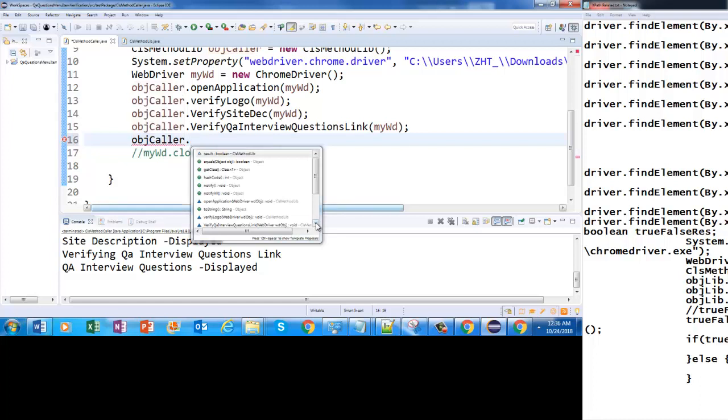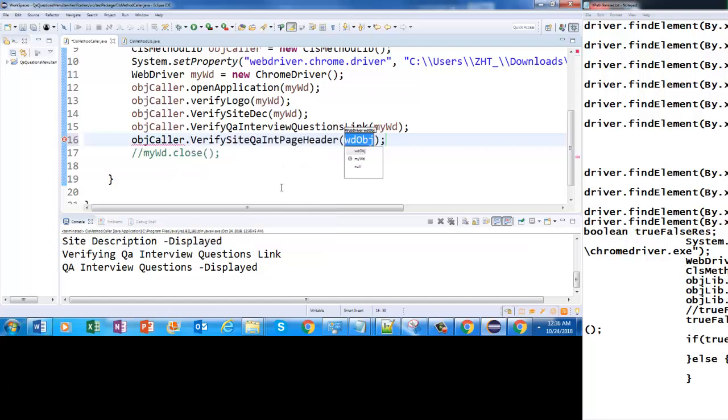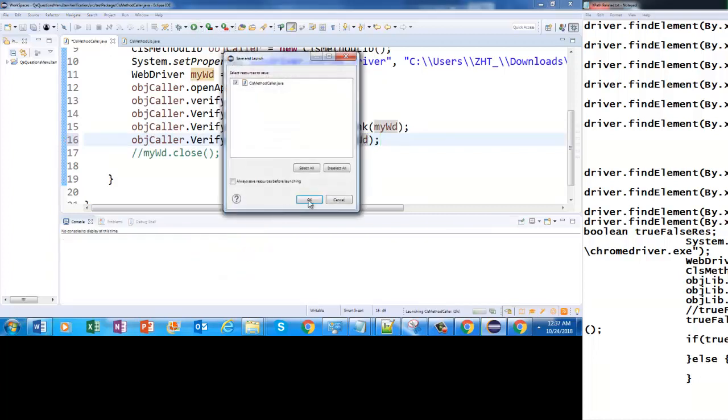Dot verify QA interview questions page header. Where is my function? QA interview questions page header, right? And then this is my object that I'm going to send with it. Now if you execute it now,